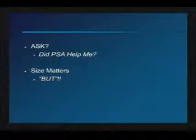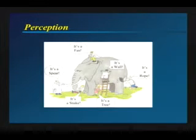So you might ask me, and I ask myself, did PSA help me? And I will, despite the fact that I've gone through all of these iterations of treatment, have to say yes. And you may say, why? And I say, well, because size matters. And I feel that intervening at times when the cancer is at minimal volume gives you or the patient the maximum opportunity for control of disease with the particular intervention. But this is hypothetical. It's never been absolutely proven with level 1